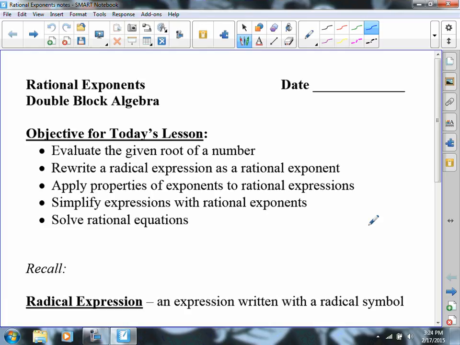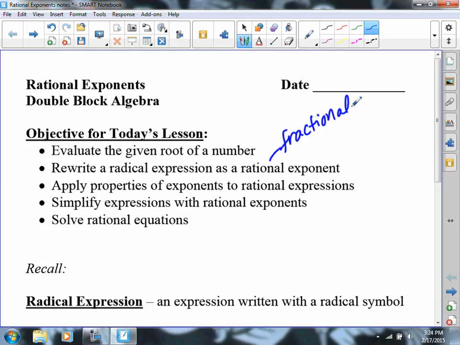We're going to evaluate the root of a number. We're going to rewrite a radical as a rational exponent. And rational just basically means a fractional exponent. And then we're going to apply some of the properties of exponents, like when you are multiplying the bases,